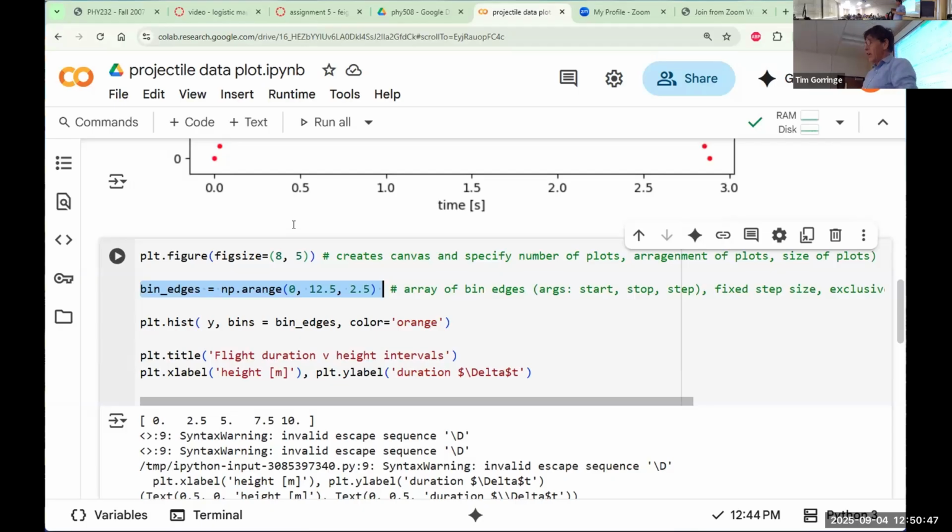Well, why do I want the 12.5? I actually don't want the 12.5, but the way that arange works is that you define an exclusive end to the array. Exclusive meaning that the 12.5 is actually not included in the array. So this array is not an array of 6 elements, including the 12.5, but an array of 5 elements that omits the 12.5 and ends at 10. If I was to print it,